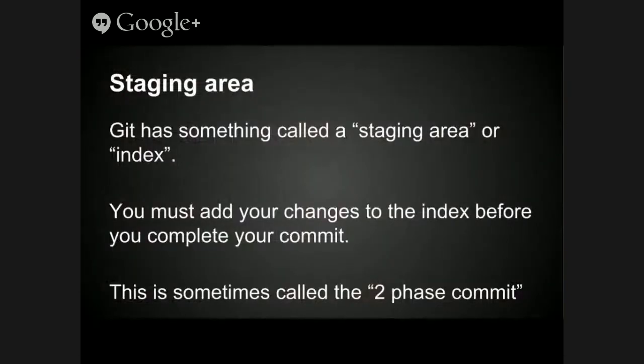So the staging area, this is probably one of the most confusing concepts that people new to Git but having used other source control providers get. So Git has something called the staging area, often referred to as the index. So you do a two-phase commit with Git. If I'm making some changes, and we're going to demonstrate this later, so don't worry if you can't visualize it, if I'm making some changes to a file, I have to add those changes to the index, and then I commit my changes as a whole.